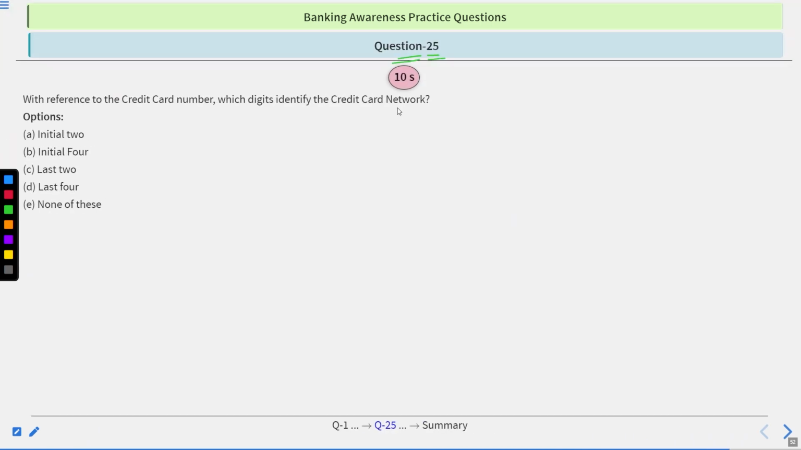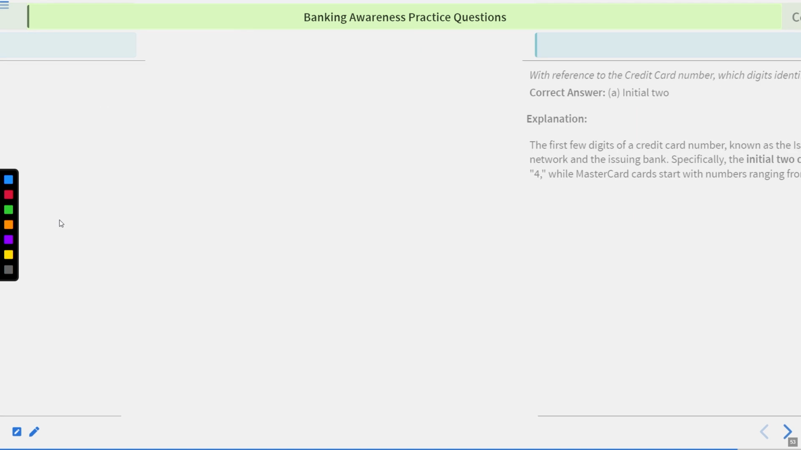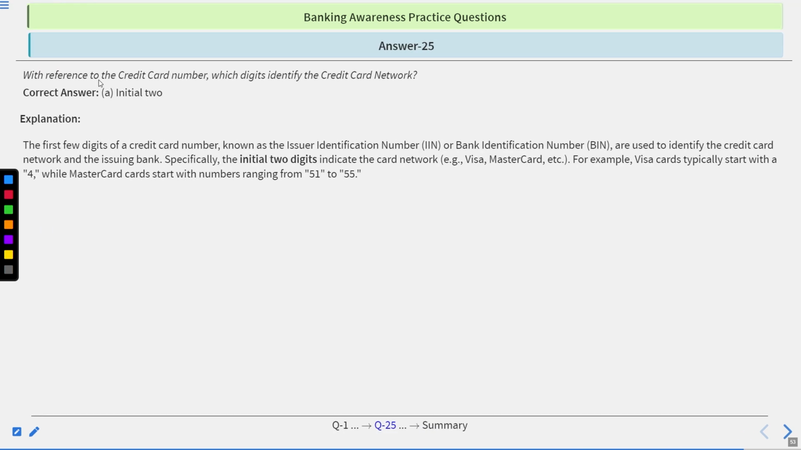Question number 25. With reference to the credit card number, which digits indicate the credit card network? Initial 2, initial 4, last 2, last 4, none of these. 10 seconds you have, time starts now. Time's up. Initial 2. Explanation: The first few digits of a credit card number are known as the issuer identification number or bank identification